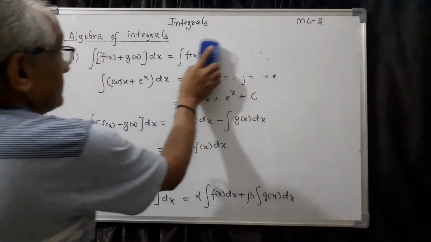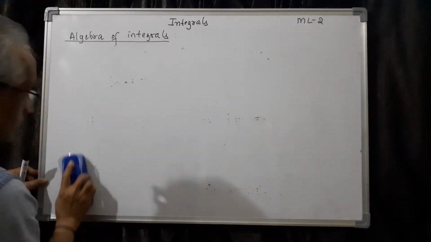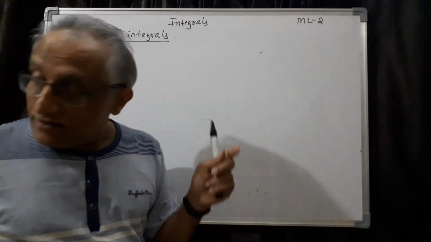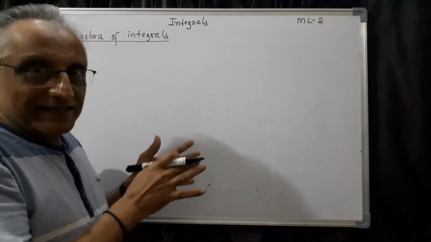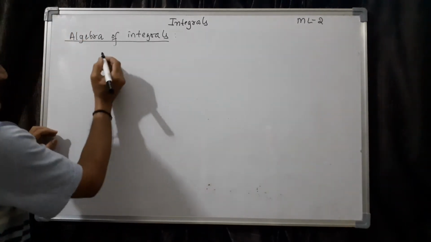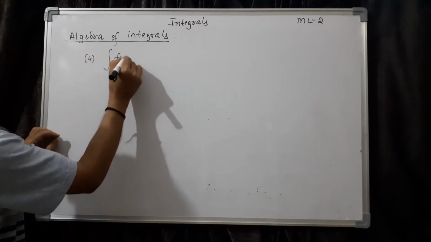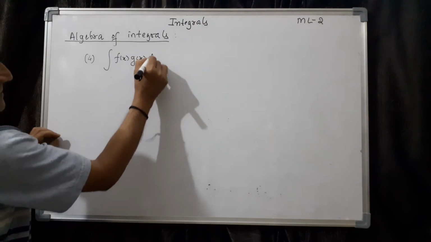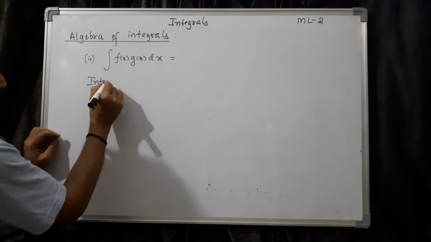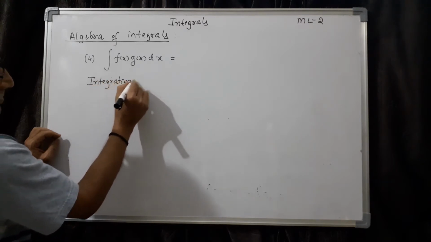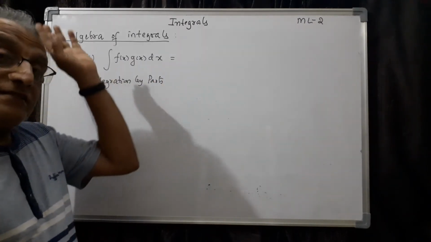Now you may think, is there any product rule? Yes, a product rule is there, but we don't call it a product rule. I am just mentioning it here because that is a separate part. We have to wait a few more lessons, then only we can derive that one. Actually the fourth one is integration of f of x into g of x dx. We don't call it a product rule, it is called integration by parts. This is a rule. I am just making a mention of this one here. Proof we shall see later.